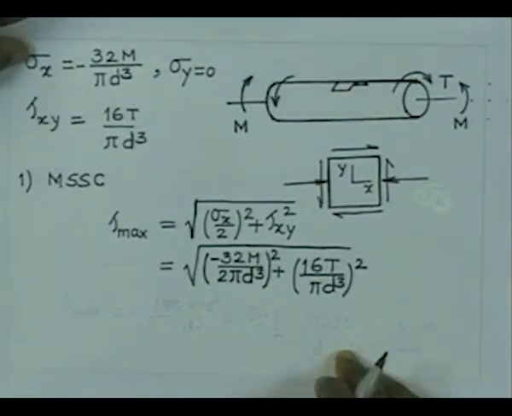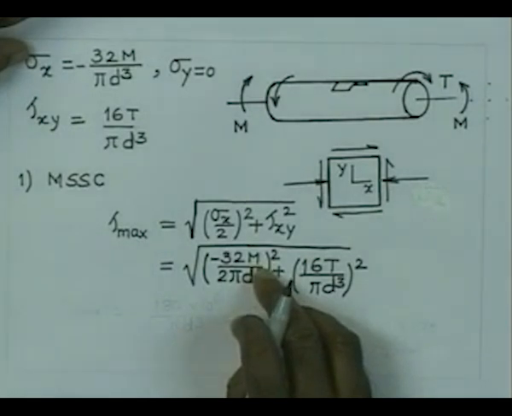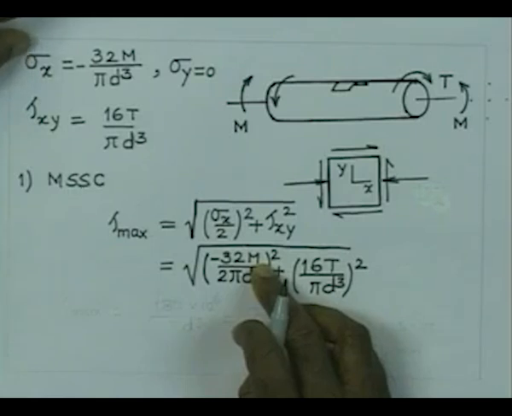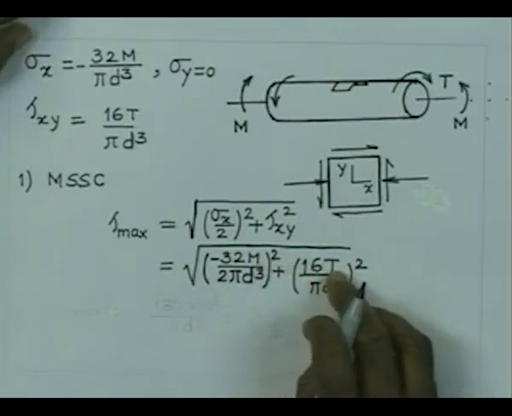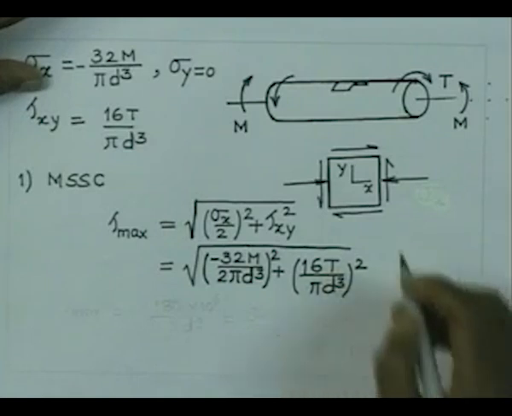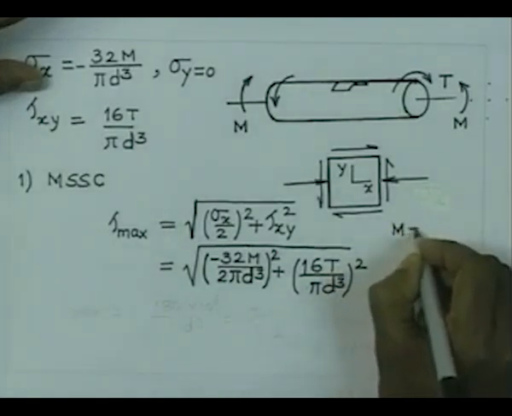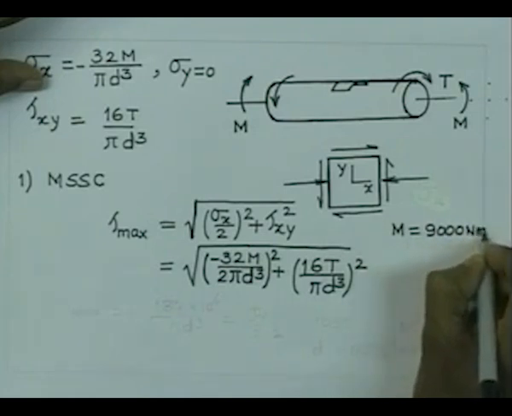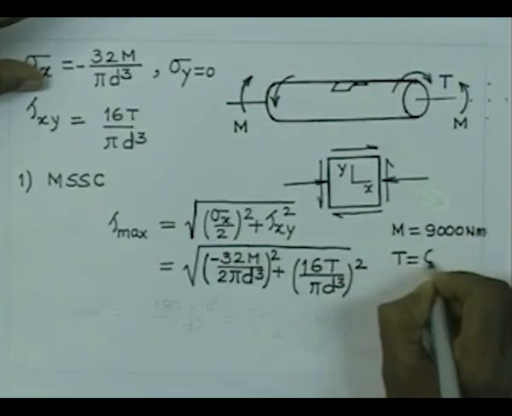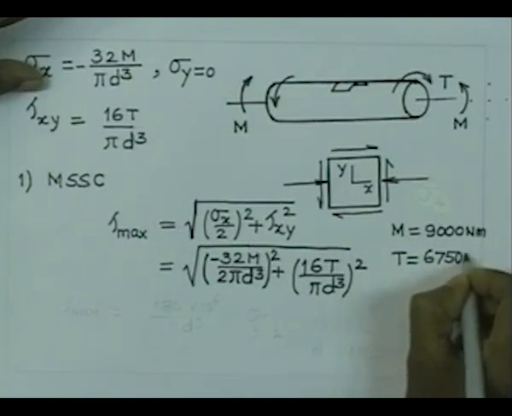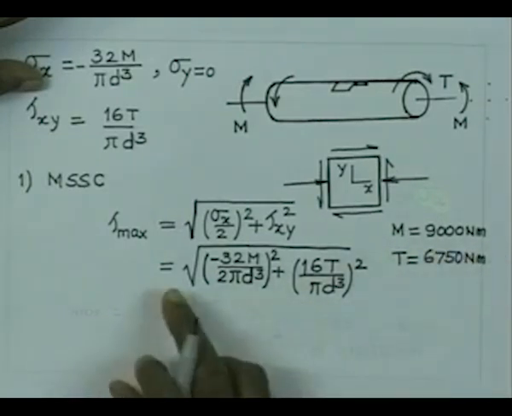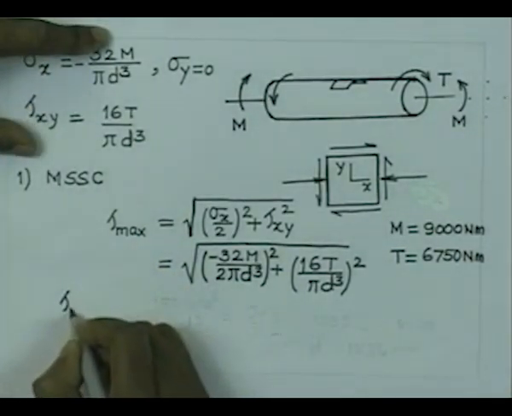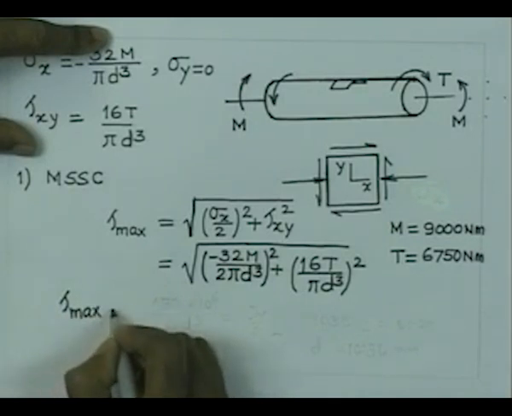We have been given that bending moment is equal to 900 Newton meter, I beg your pardon, 9000 Newton meter, and torque equal to 6750 Newton meter. So, we have M equal to 9000 Newton meter and T equal to 6750 Newton meter. So, if we make the substitution and we try to write that this tau maximum can have